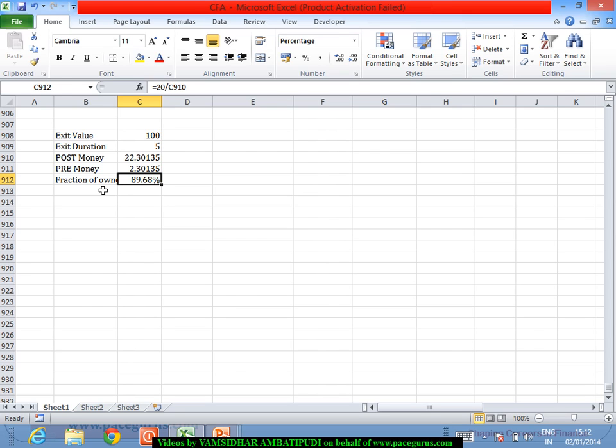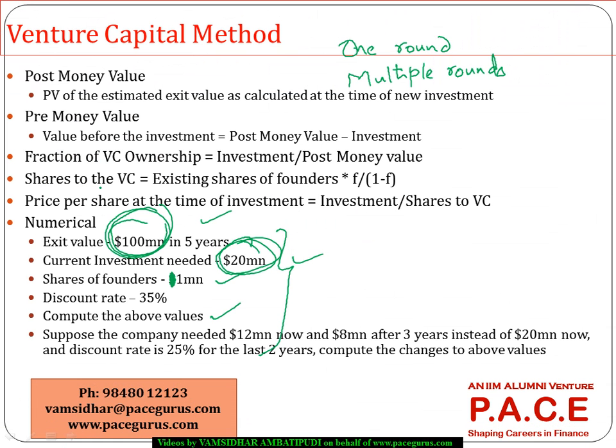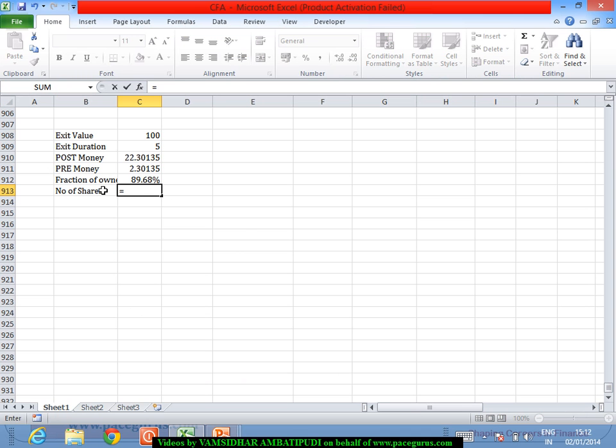And in case I am talking about the number of shares that would be coming up, it is because the founders are having 1 million shares. I'll take it as 1 million multiplied by the fraction of ownership of the VC divided by 1 minus the fraction of ownership. So the VCs would be getting almost 8.69 million shares. So overall 8.69 plus 1, 9.69 million shares are there for this particular company, and based on this the price of this share